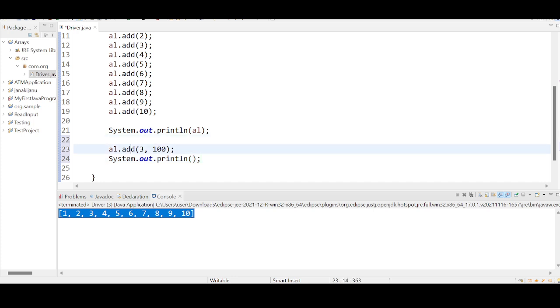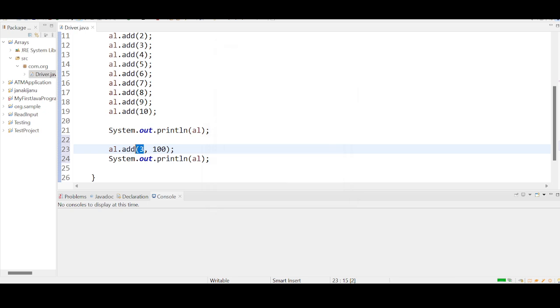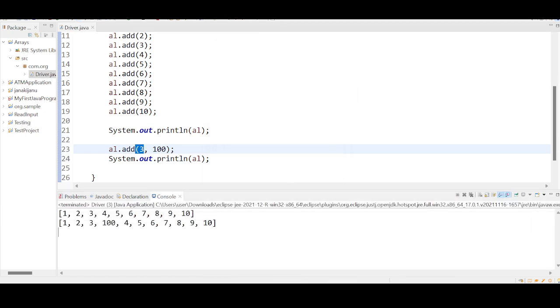This add method is accepting two arguments. This is an overloaded method. The add method with one argument adds the value directly at the last index, right? But with this add method, you can specify on which index you want to add the value. After adding on a specific index, I want to run this and see how the values are added. If you see, 100 is added exactly on which index? Third index,